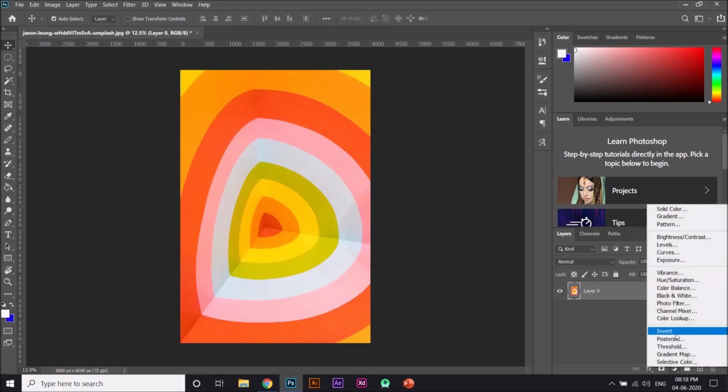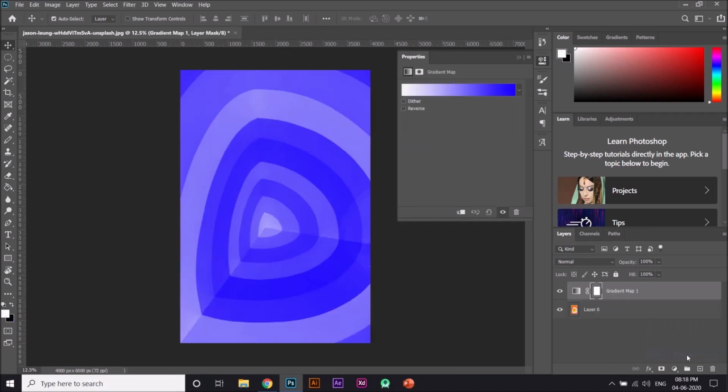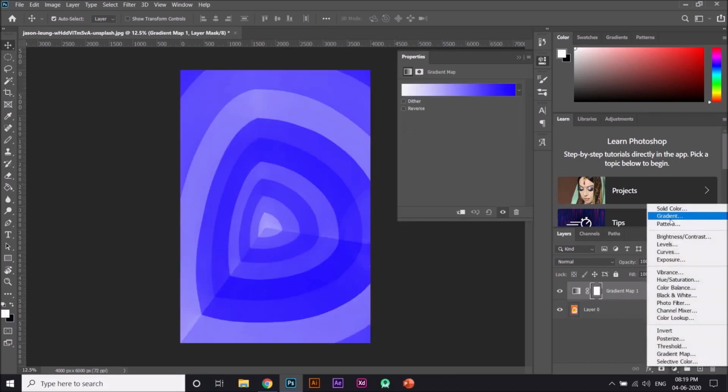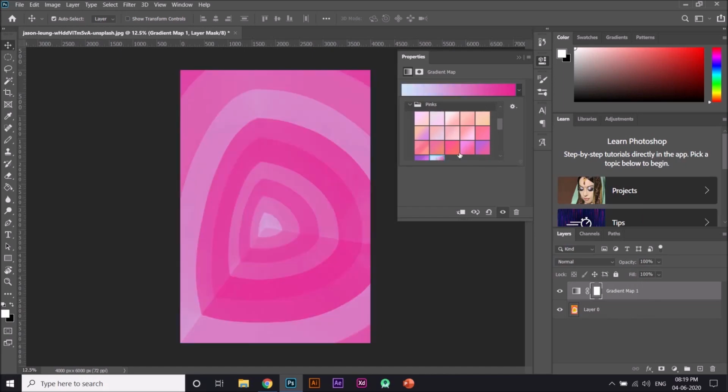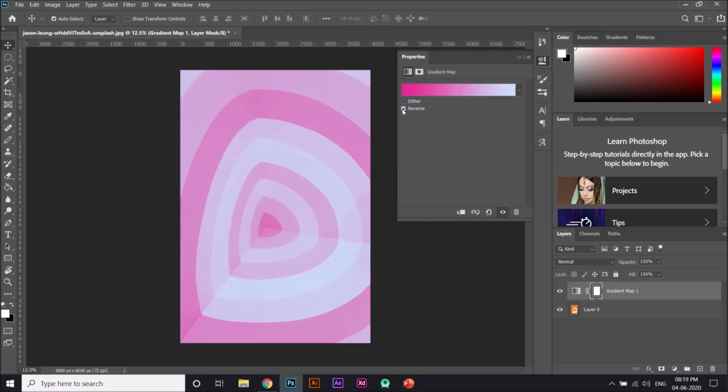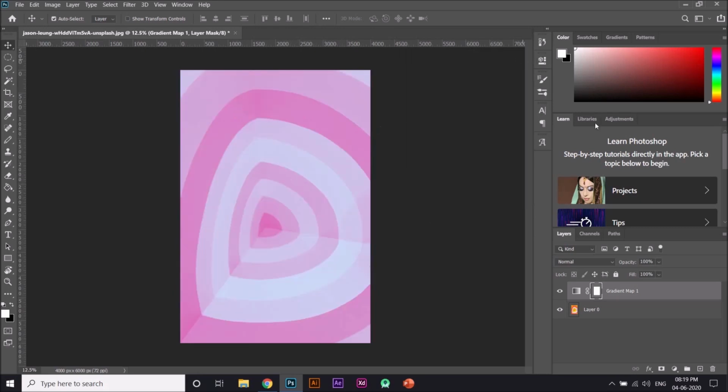And now you can see this gradient map. Gradient map is again similar to our gradient option available here, and here you can choose the kind of gradients you want. I'm going to click this and then I'm going to close this, and now here you can see I don't like this effect, I want it to be inverted. You can do this directly by clicking reverse right here, and this seems better.